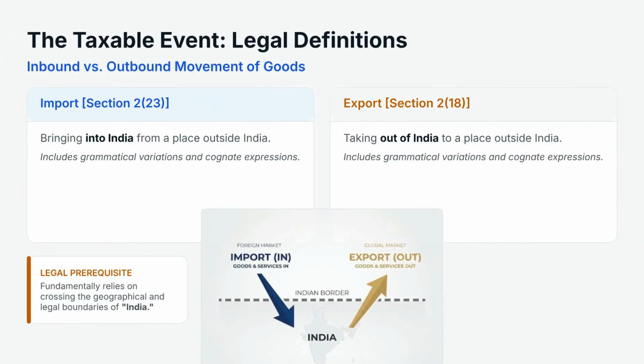The taxable event in customs revolves around import and export. Under Section 2(23), import means bringing goods into India from a place outside India. Under Section 2(18), export means taking goods out of India to a place outside India. These definitions include grammatical variations and related expressions. While they appear simple, their practical application depends entirely on the legal definition of India and the geographical boundaries recognized under customs law. In other words, determining whether goods have actually crossed India's customs frontier becomes crucial in deciding whether